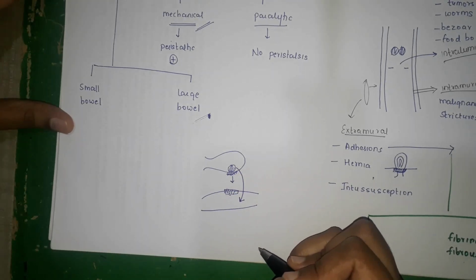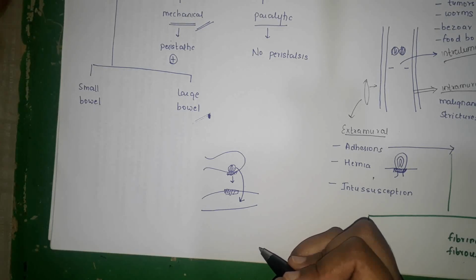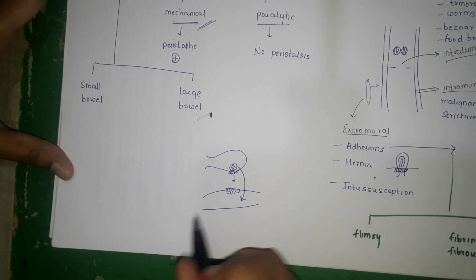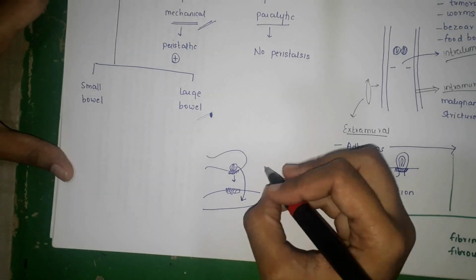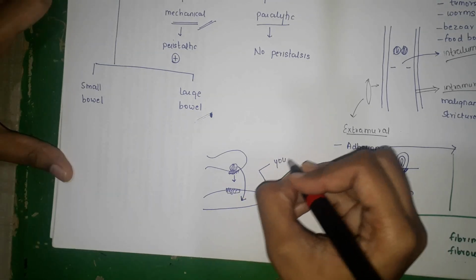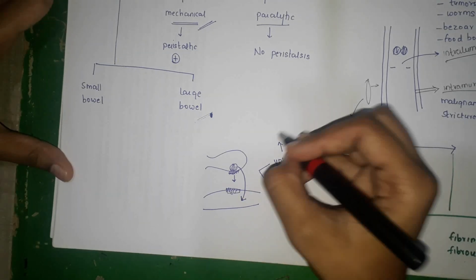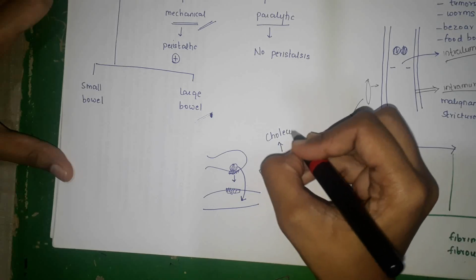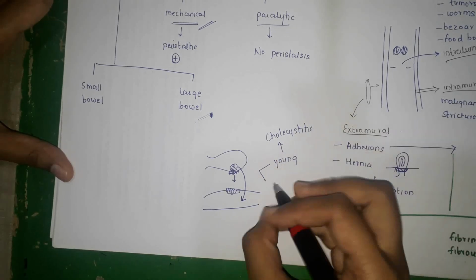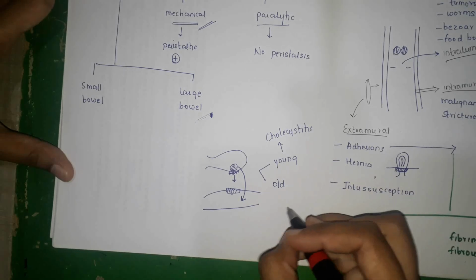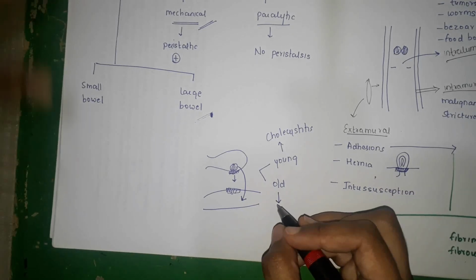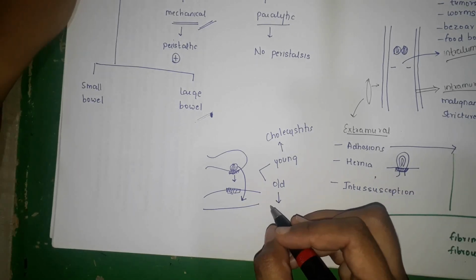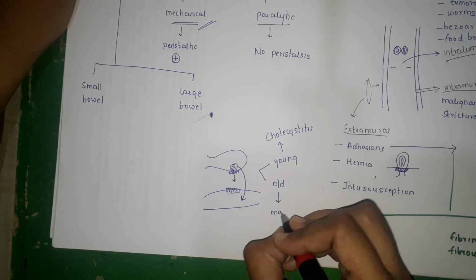This will cause small bowel obstruction. That is called gallstone ileus. If this occurs in young patients, then you can think of a benign disease like cholecystitis causing this. But if this occurs in the old or the elderly, then always keep in mind there's a chance of malignancies, especially